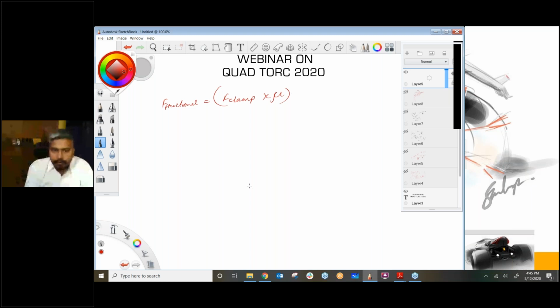Now, you can calculate by multiplying these two things, you can calculate the torque at rotor. Compare this particular value with your torque at engine. Now, if your torque at rotor is larger than torque at engine or torque at drive shaft,